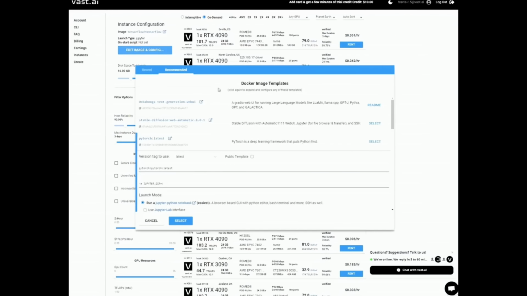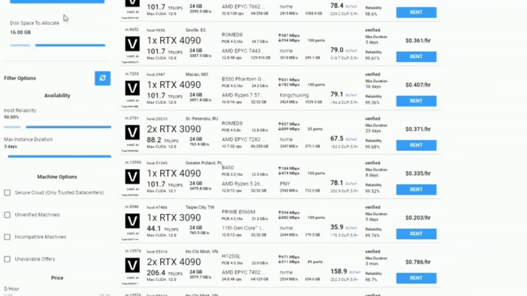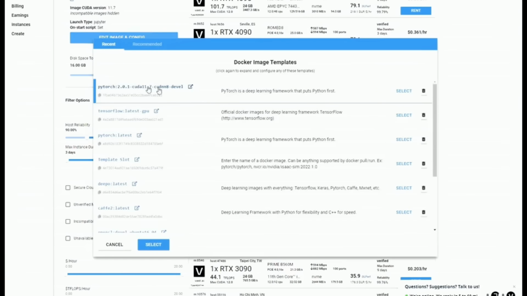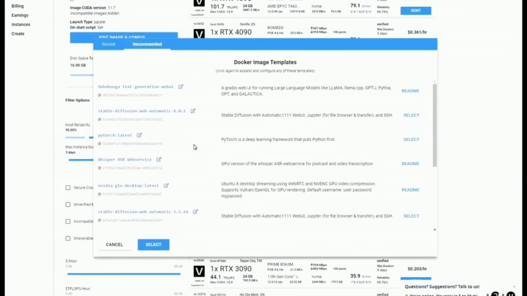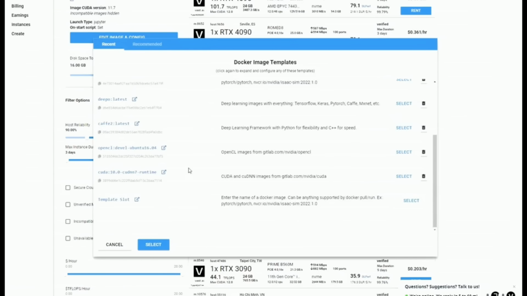I'm going to go ahead and just reselect that Docker image, the PyTorch recommended image. And then also note, after you select and then you go back, you can see actually the selected template is now in my recents. And whenever I change something about a Docker image, it's actually just going to save it in my recents. And you can always go back to the recommended